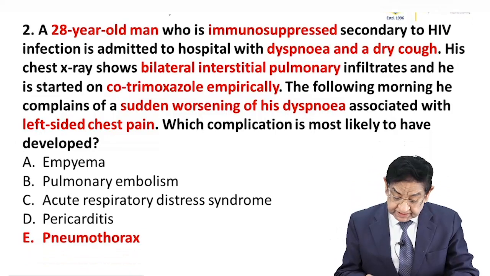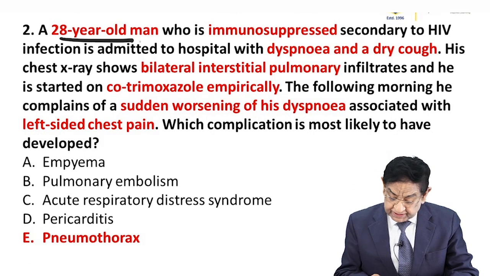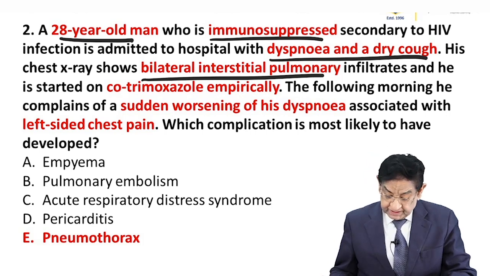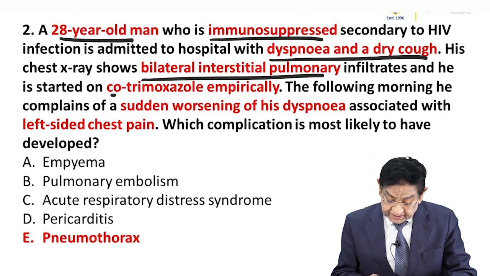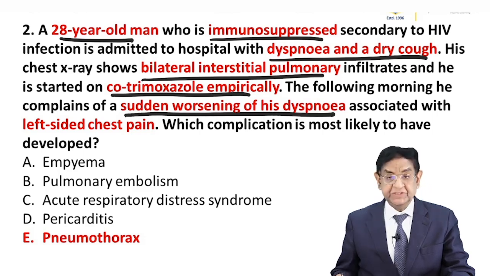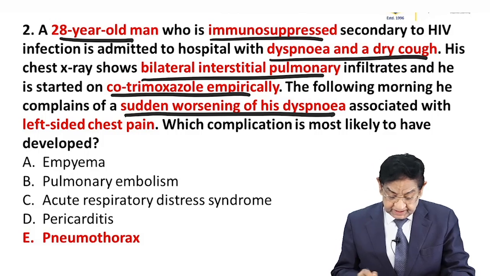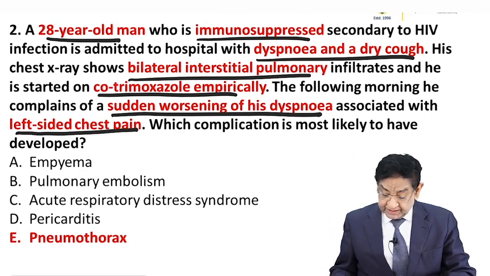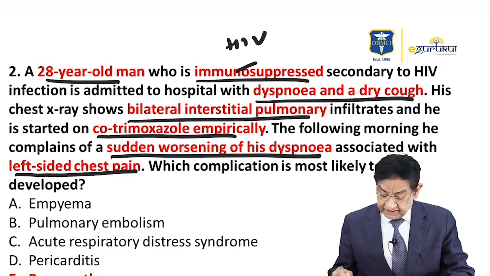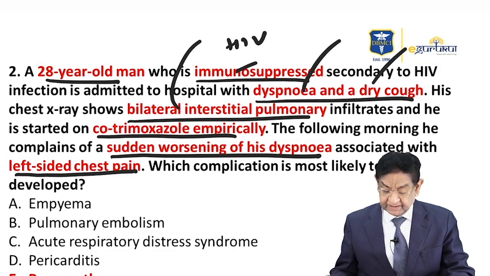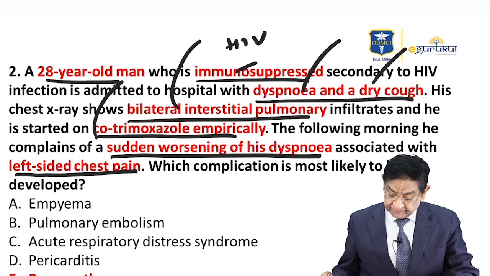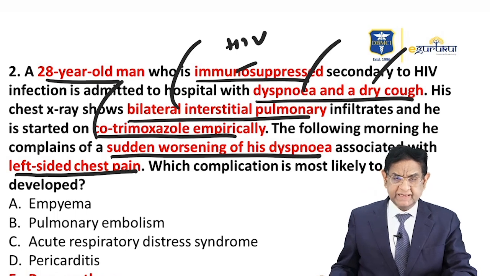Question number 2. Now the things are easy, your basics are clear. You got a 28-year-old man, immunocompromised, dyspnea, dry cough, bilateral interstitial infiltrate, and he is given co-trimoxazole empirically. But now, okay, sudden worsening of his dyspnea. In the morning, he got up, sudden worsening and left-sided chest pain. So he is a case of immunocompromised, that means he is a case of HIV, or we presume immunocompromised HIV. Dyspnea, dry cough, bilateral interstitial infiltrate are pointing toward pneumocystis, and he has been given co-trimoxazole empirically, so most likely he has